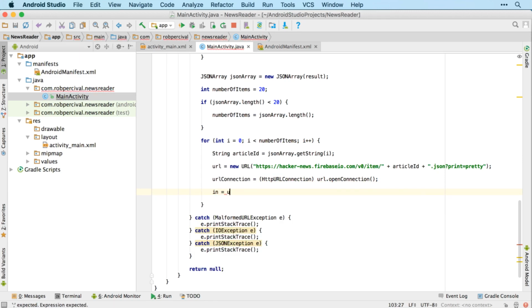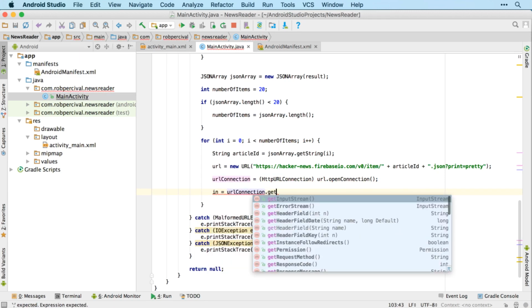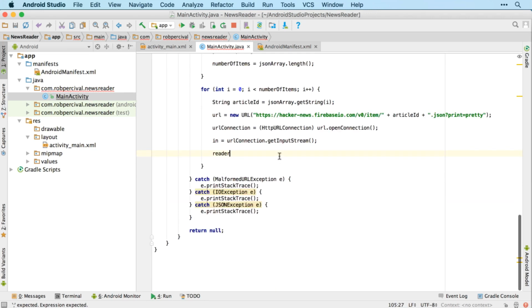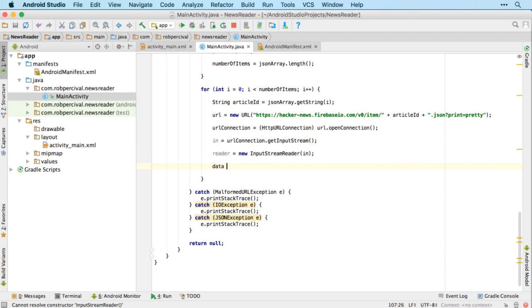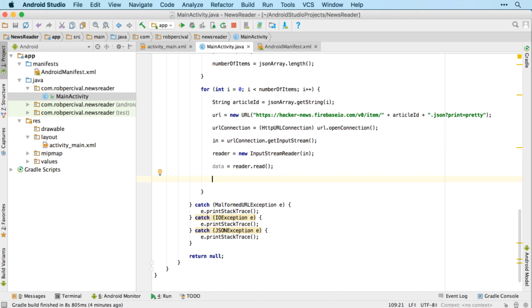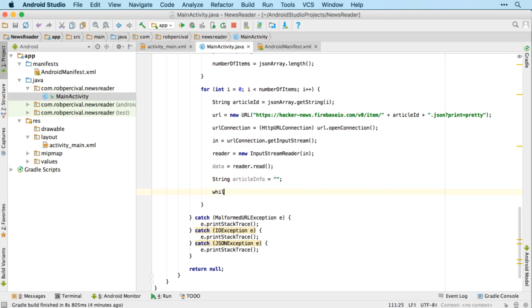We set up our input stream again. So URL connection.get input stream. We set up our reader to be a new input stream reader based on our input stream. We set up our data variable to read the content. And we're going to have a string which I'll call article info, which will initially be empty, and then we'll loop through using the same process as